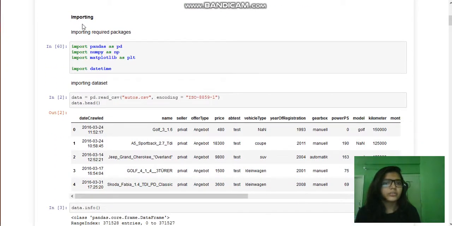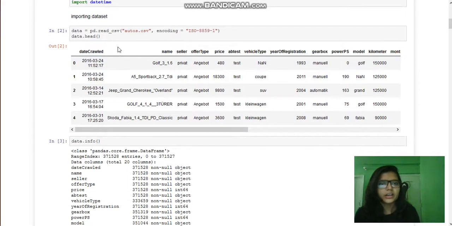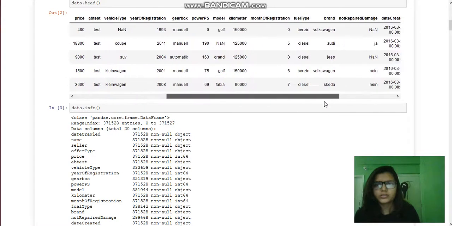So we begin with importing our required packages. This is just a gist of it. We'll be importing it as we move along our code. We imported our data set next. So we had a data set called auto.csv and we imported it, and we're just going to see what it contains. So we have date crawled, name, seller, offer type, price, vehicle,